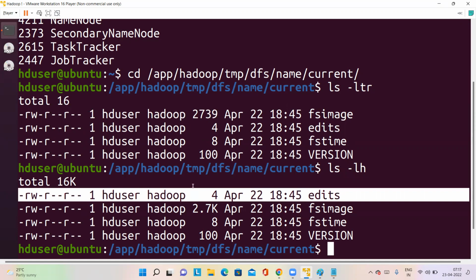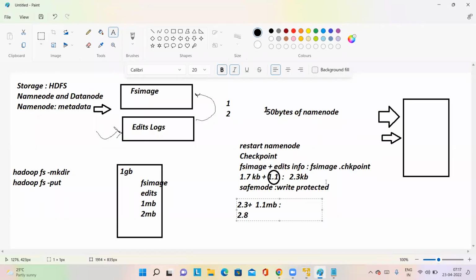Because you have seen this, okay, it has jumped to 1.1 MB. Okay, fine, I need to restart now. But in real time, someone has to monitor this, right? Someone has to monitor this, and someone has to do this checkpointing process depending upon some condition, right? It is a good idea, right? That someone is nothing but